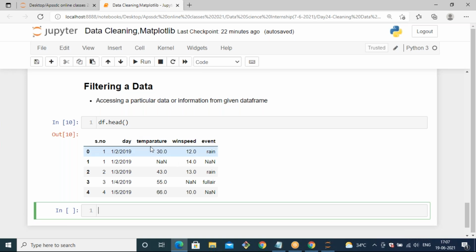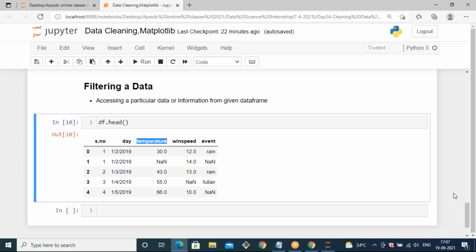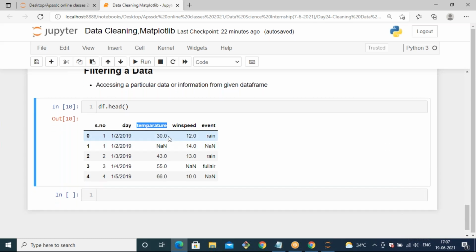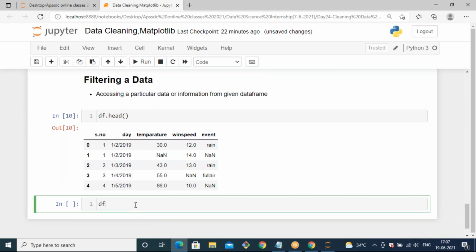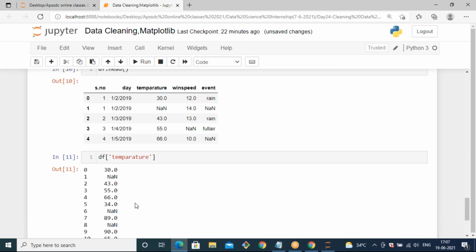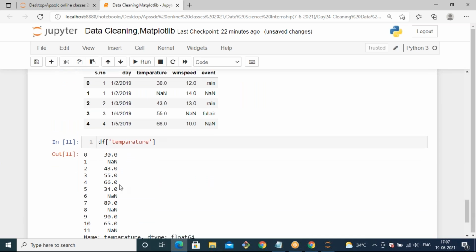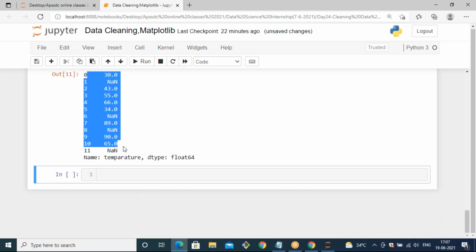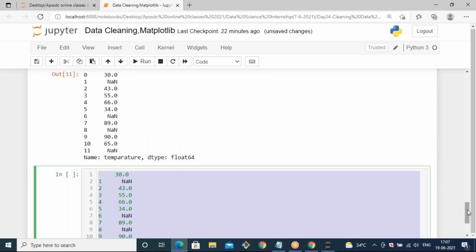You should know how to access this temperature column, and with respect to accessing it you can filter it, right? We already did that. So df of temp generates the temperature column like this, and all the values are returned, totally 12 rows.